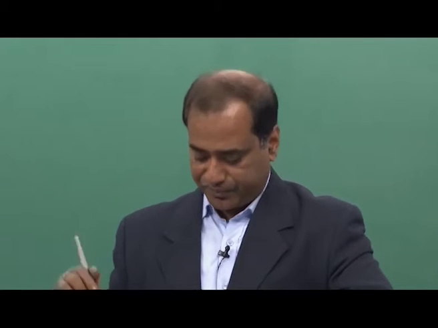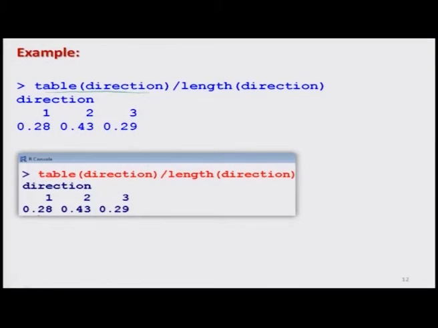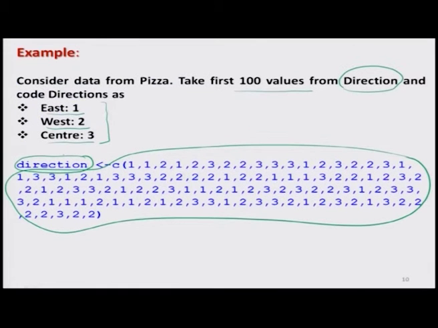Well, I have taken 100 so that if you want to be more confident you can compute yourself. Definitely you can extract one variable from this data set and find out the absolute frequency directly for the variable, because you already know how to extract a particular variable from a data set using the $ or attach function. Similarly, I try to find out the relative frequency. For that I take table direction divided by the length of the vector direction, and I get this type of outcome. You can see here the screenshot, but we would also try to do it ourselves.